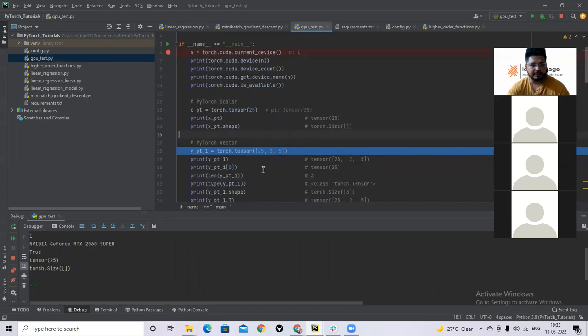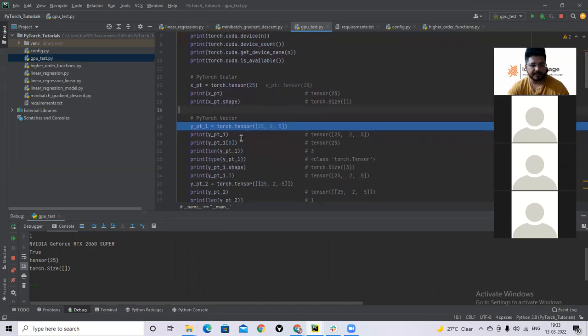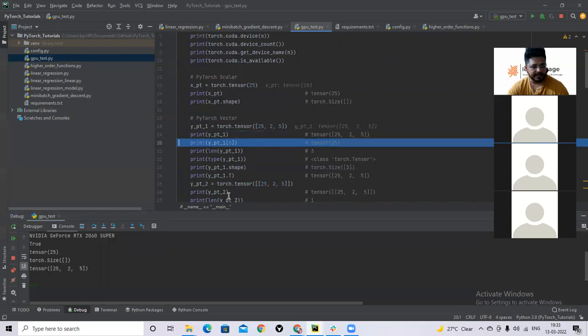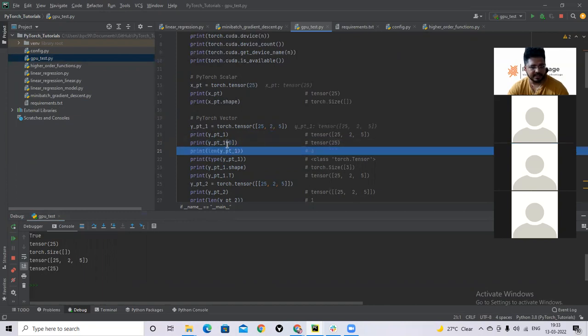Second, we go for a vector. Similarly, you can generate a vector tensor from a list. I generated it and printed it here. Just like Python objects, you can use indexing to access the elements within the vector. You can see with zero indexing, I got 25 here.